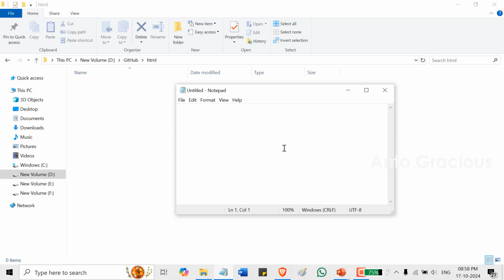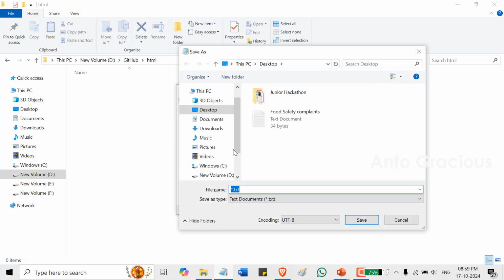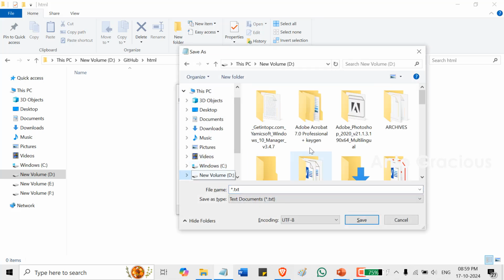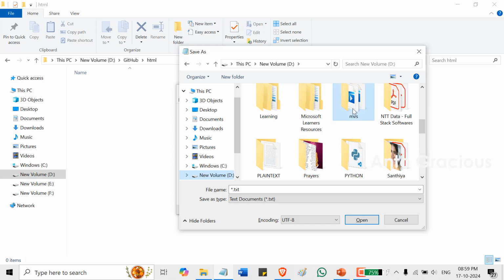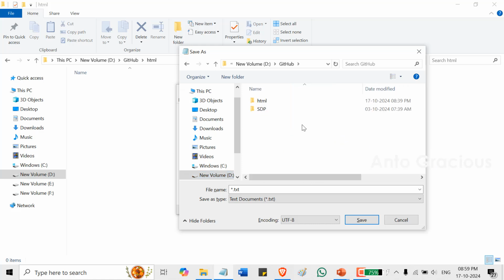Okay, you can open a normal notepad, and you can save this. So I am going to give the name here. So within the HTML I am going to give a name. So I am going to give the name as index